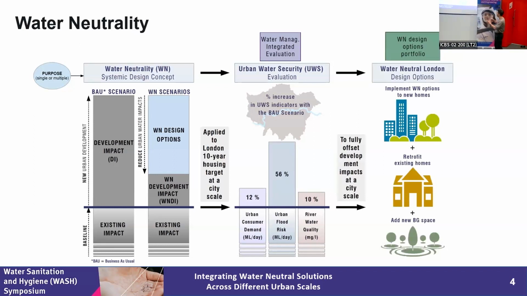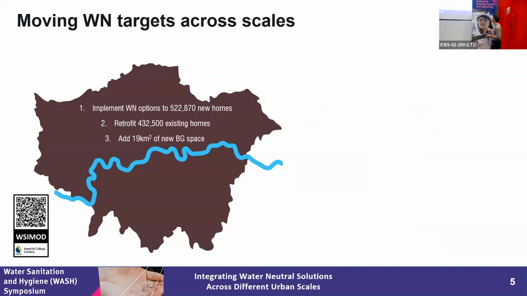So to fully offset these impacts at the city scale, we'll have to implement water neutrality options in new homes. We'll also have to retrofit some existing ones and add some plug-in space. But the question here is, what are these numbers? Based on our WSI model that we developed also in our department, we did some simulations that I'm not going to go into detail about. But at the city scale, in order to achieve a water neutral London, we realized that we need to implement a series of water neutrality options, such as green roofs, rainwater recycling systems,